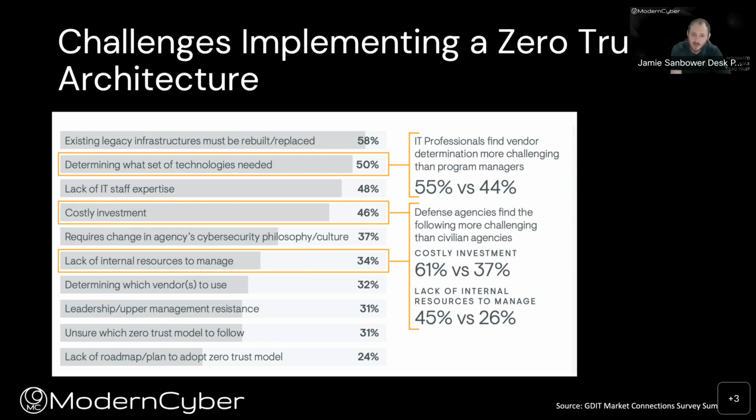Program manager sees the requirement, thinks it's pretty straightforward. When it comes to actually implementing those technologies, most actual practitioners don't actually know, well, what features, what technology, what do I already have, and what should I have to make this work? And then the other two big callouts here are, how much does the organization really have to invest to achieve their target maturity for zero trust? And then the last thing that I always like to mention in a little bit different way than it's written here is lack of internal resources to manage.